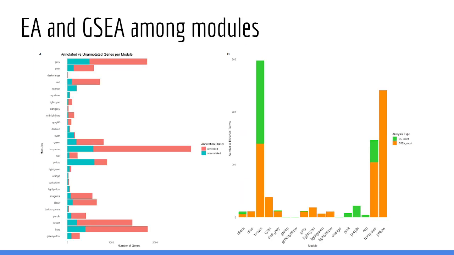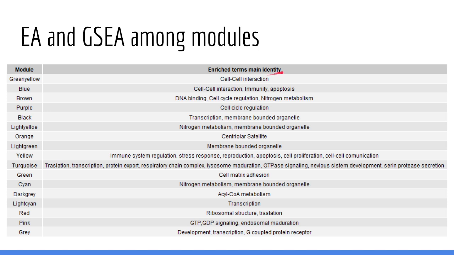Also, we performed this for the models, but we got the problem that some of the models, like these ones, got a similar proportion of annotated and unannotated genes. So only 11 of the models got an enrichment term or more. This allows us to give these 11 models a characterization, and like in turquoise we got